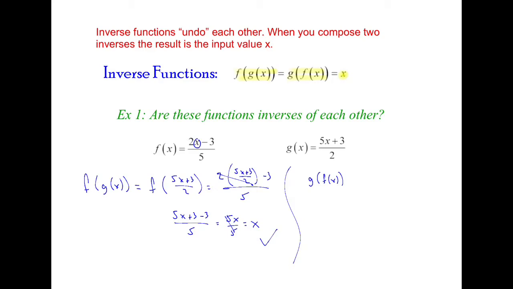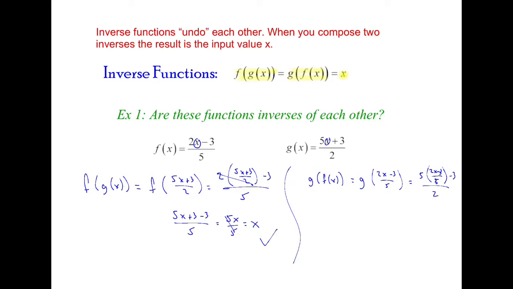g of f of x. So we'll switch it around. So now we'll do g of, and then the f function is 2x minus 3 over 5. So wherever there's an x in the g, we're going to plug in this expression. So it'll be 5 times 2x minus 3 over 5, and then that's all minus 3